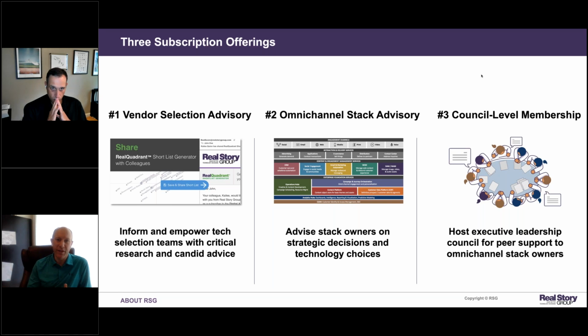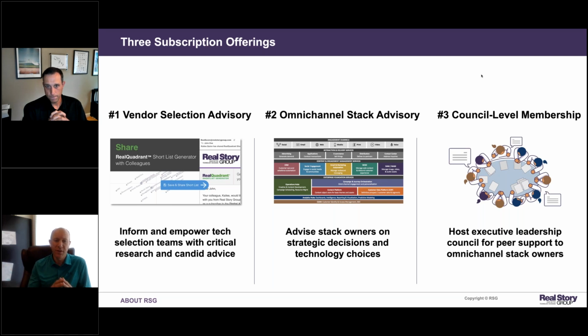The second level is when you're taking a step back and looking more holistically at your entire MarTech stack. You have the option of subscribing to all of our research and getting a larger bucket of advisory time with our analysts. So not only would you be working with Jared, but our founder, Tony Byrne, and the rest of our analyst team to provide you with guidance on your full MarTech stack, so customer data platforms, web content management, personalization, e-commerce, et cetera.